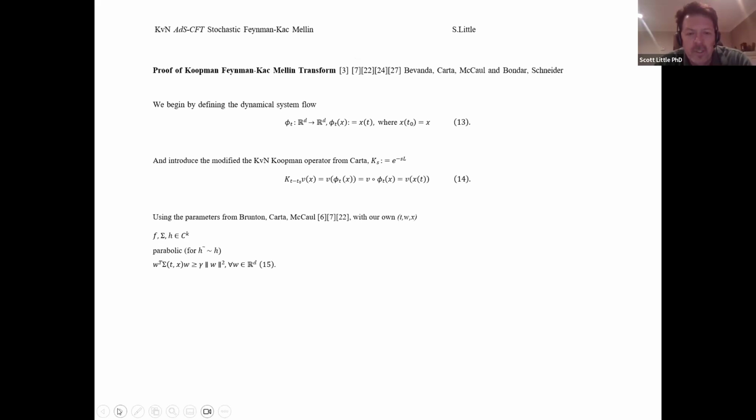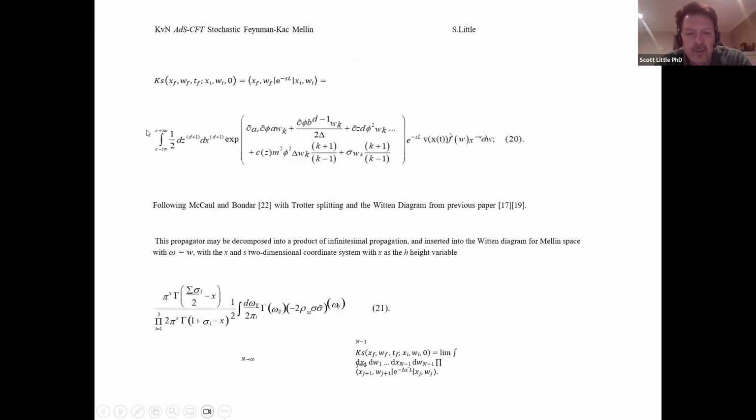Here's where I convert the dynamical system for the Koopman-von Neumann operator. I get more into how I'm doing the transform on the partial differential equation using this thing called a Witten diagram. If you've ever heard of Feynman diagrams, there's a guy named Ed Witten, if you're familiar with anything in string theory or M theory, one of the top guys, and he brings in a lot of this stuff. He's the one that actually equated knots to quantum field theory. But a Witten diagram is just a multi-dimensional Feynman diagram. That's kind of what I'm doing here.